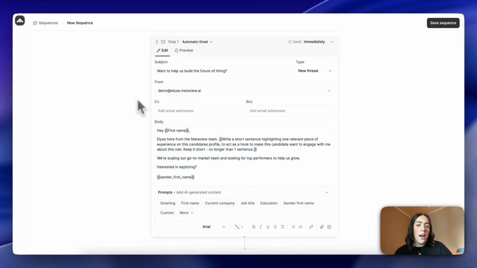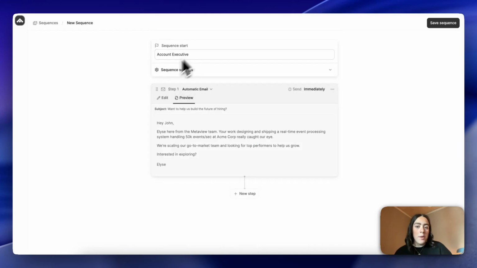As I'm building with AI, I can always switch across to the preview tab to get a short snippet into how this email is actually going to look in practice. So as you can see, this is super powerful for building a really strong outreach that is tailored to every single candidate's profile and experience, really maximizing on AI prompting to make sure that your outreach is high impact